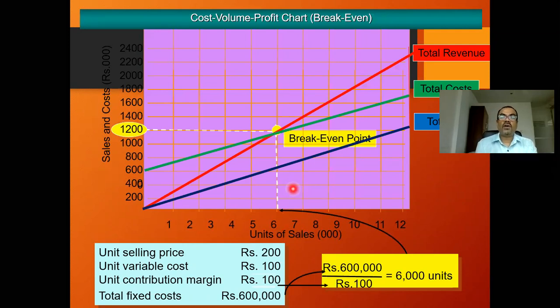So it is easy for us. How do you derive a profit line? By using the information given in the question. If you take the same question, we know that the break-even point is this. So we take this point